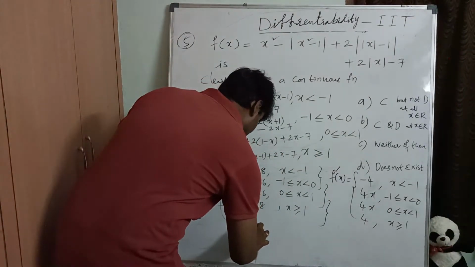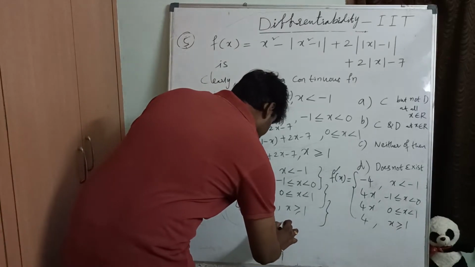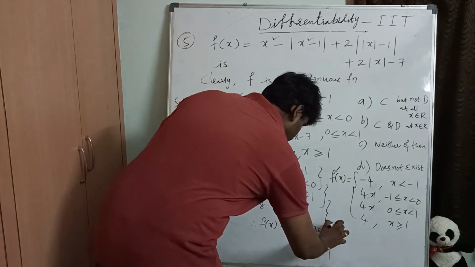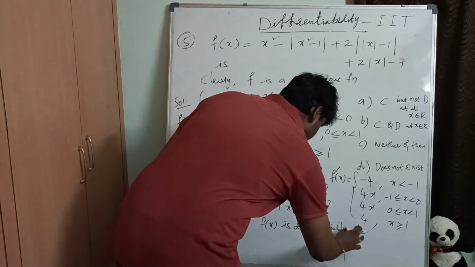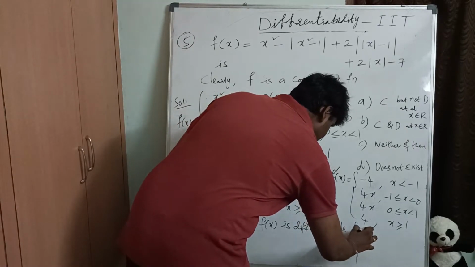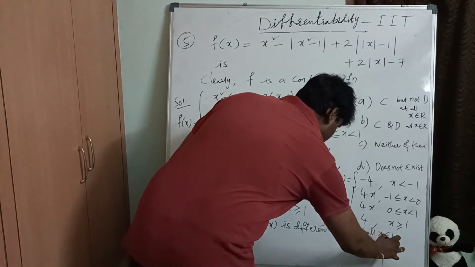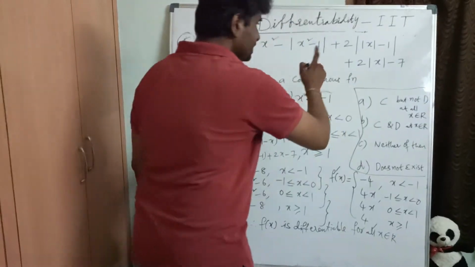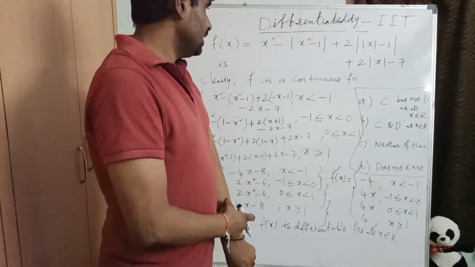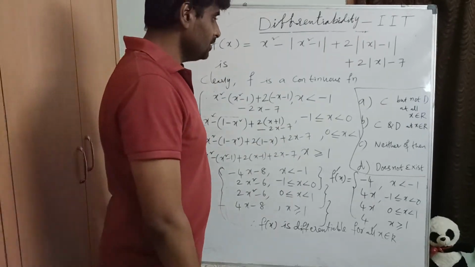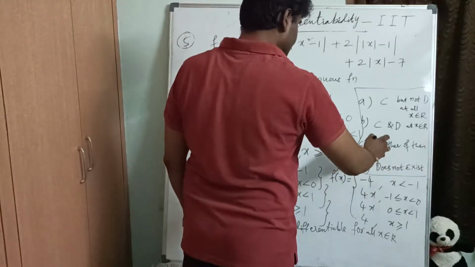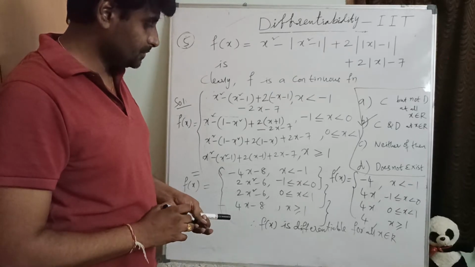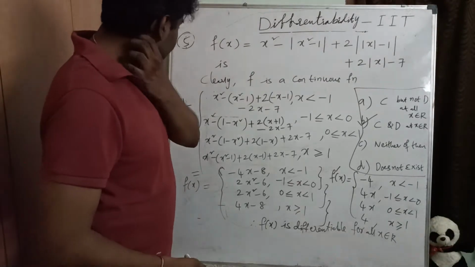So therefore f of x is differentiable for all x. Differentiable for all x belongs to R. Correct? For all means we can check at these points only. At these points it was already differentiable. That means at every point it is differentiable, we can say. So which option is correct here? Continuous and differentiable also, option B. Continuous and differentiable both. Okay? For all values. So you must be careful in simplifying this only.